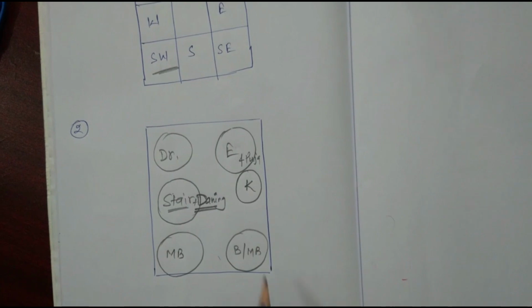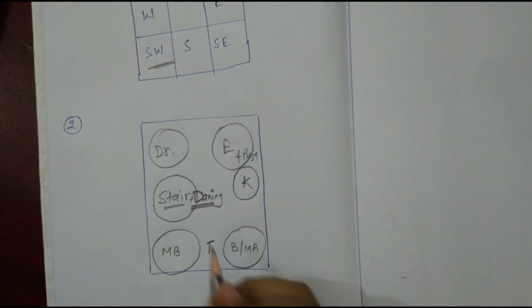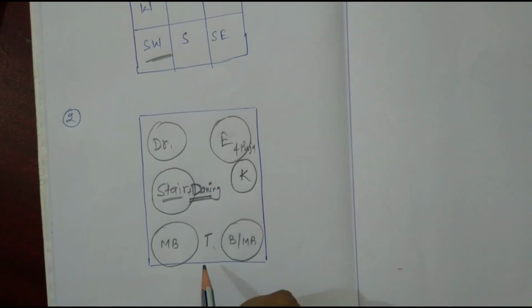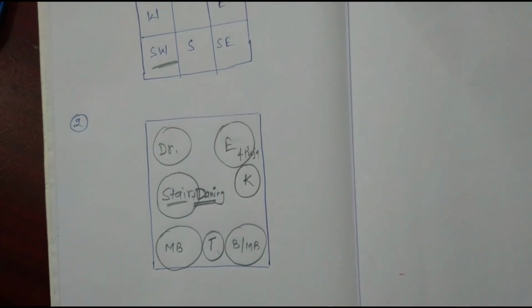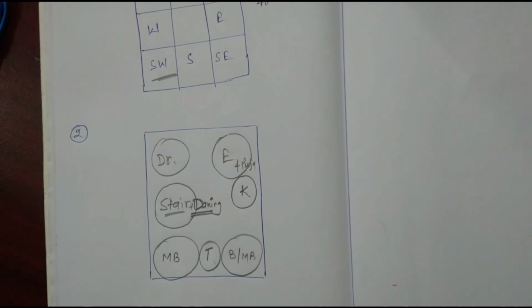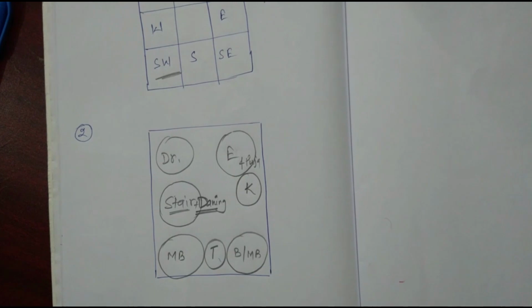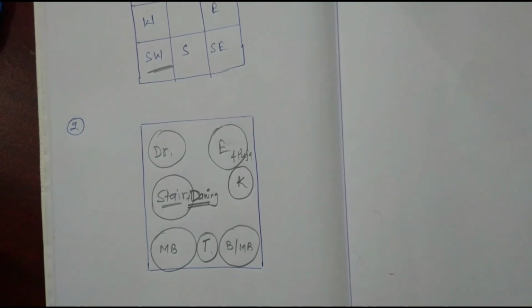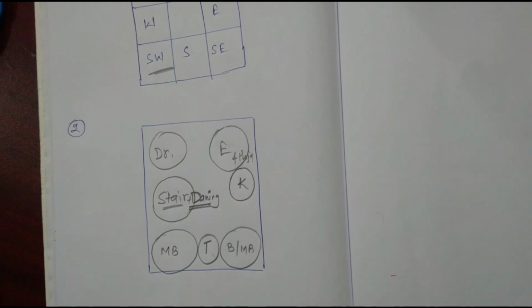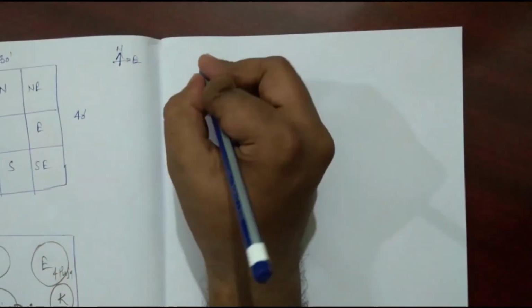As you can see, we have an adjacent kitchen here, so adjacent to the kitchen we can provide a dining space here, and as I said, between the master bedroom and the bedroom we can provide the toilet. So these are the basic components which you need to place in our plan. We have done it with the help of a bubble diagram. This is a very easy method for placing your components as per your specified directions or positions in which we want to place them, and then we can move on and make the actual plan.